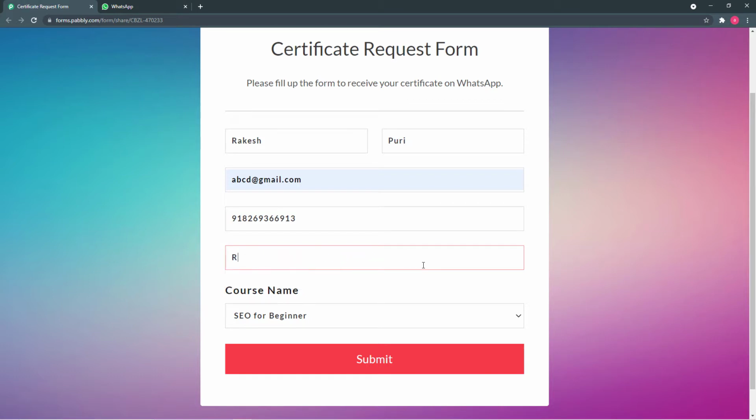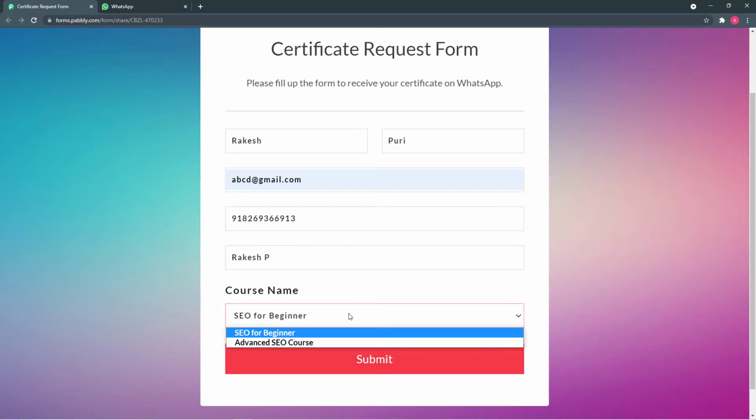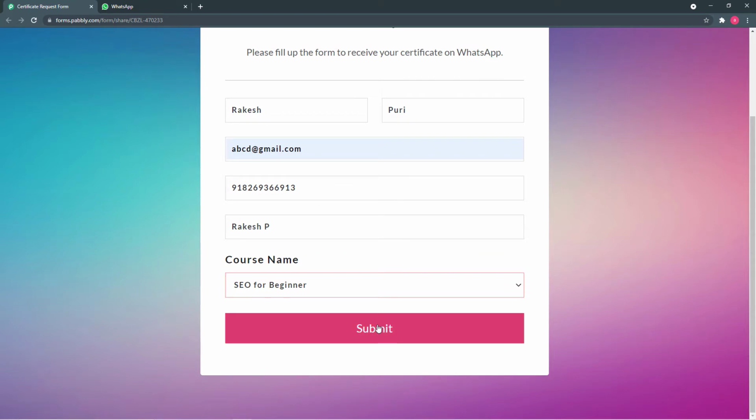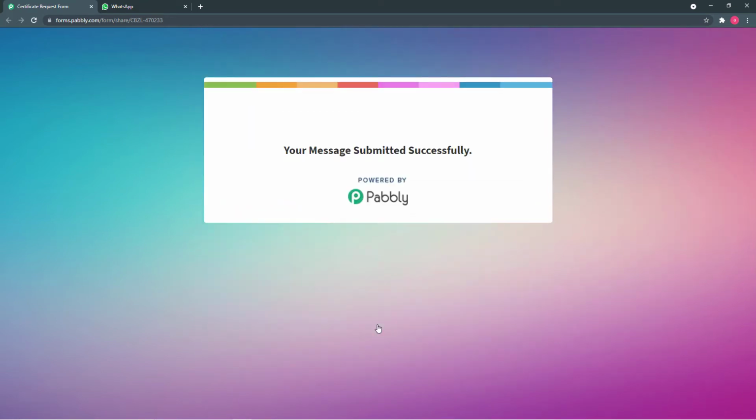So I want Rakesh only, Rakesh P, let's say. And here you can select the course name. So the course of Rakesh is SEO for beginner. So I selected this, and now I am submitting this form here. Alright, so it is showing your form is submitted successfully. Now we will see if we receive the certificate on the WhatsApp account of Rakesh or not.